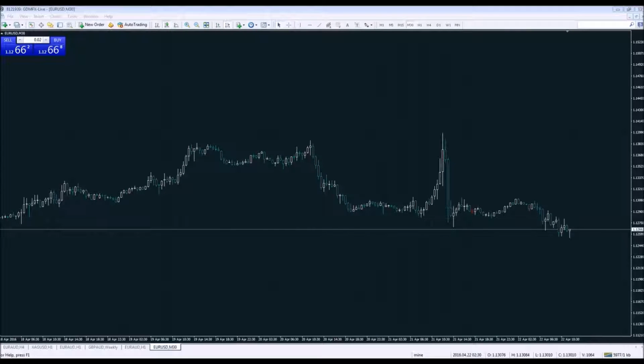So far we've been talking about vertical grids for trending markets. Today's focus, however, is on the dual grid system. This is a variation, ladies and gentlemen, on the grid trading theme, which we've talked about so far. The basic difference between this system and the classic vertical grid system is that we place buy and sell grid legs at the same price levels. So this means we're both long and short at the same point of time,